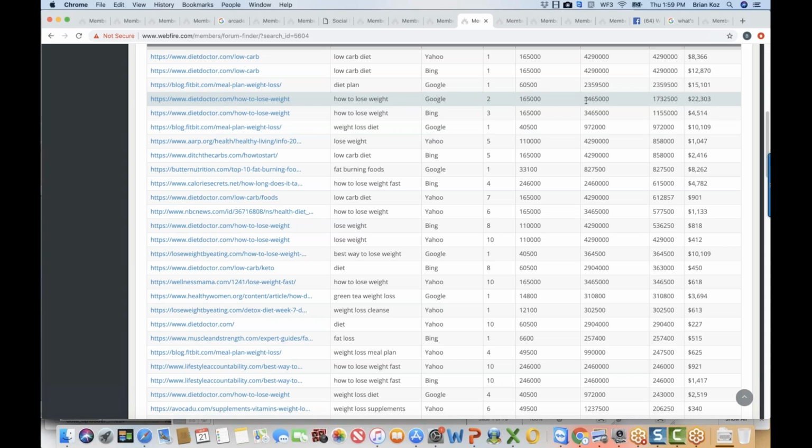165,000 exact searches a month, but a broad reach of almost 3.5 million. An exact search is the estimated number of people who type in that exact phrase, whereas the reach counts anyone who types this keyword followed or preceded by one or two other words. It will always be larger, but you get a lot more traffic than just that exact keyword phrase. So there's a ton of traffic you could tap into.